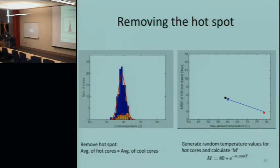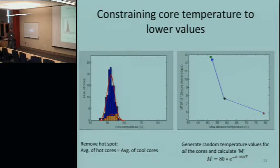After that, we considered how the mean time to failure would change if we reduce the temperatures for the entire cluster, or in other words, if we shift the entire distribution towards the left. So while moving from here to here, we randomly generated several temperature configurations, and we computed the mean time to failure for each of them using this equation, and the mean time to failure changed from 7.5 days to